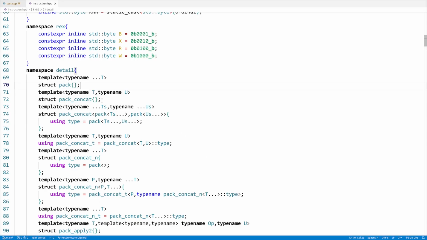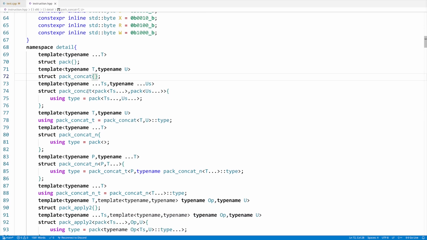We also define some simple operations on the packs, like pack concat, and you can already see the partial template deduction coming in handy now. So for pack concat, we like to accept two types, which hopefully are pack instantiations. But for arbitrary types t and u, there's nothing for us to do, so we just define nothing. Now for the case where t and u are both pack instantiations, we can use this syntax, which is partial template specialization, to actually extract the type stored in the t and u packs, even without actually accessing any member